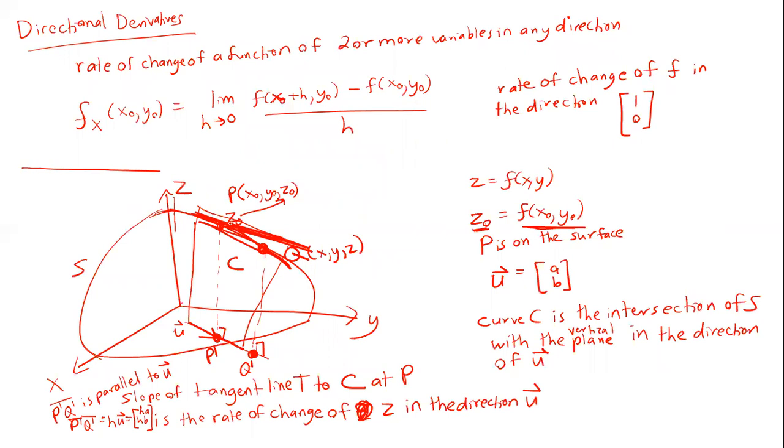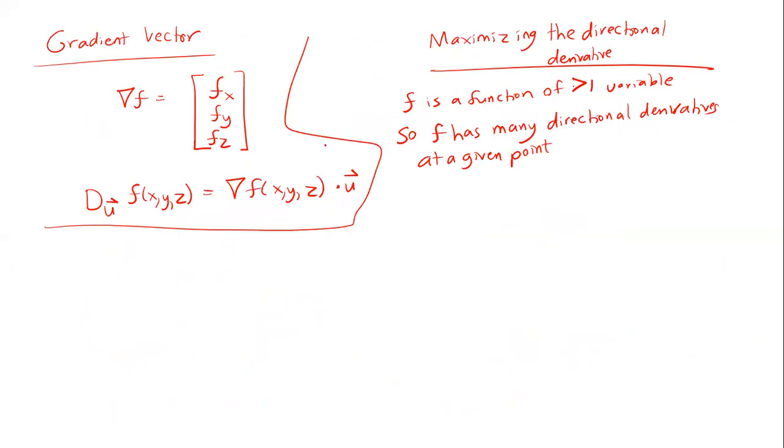Even if you look back here, you could imagine I could have rotated this u vector in any direction in the xy plane, and I would be getting different directional derivatives. And so same idea here. So you could say, in which direction does f change the fastest